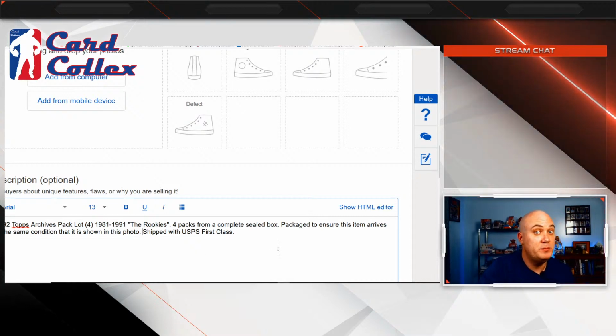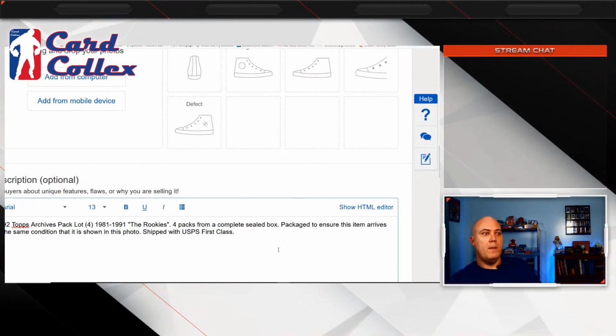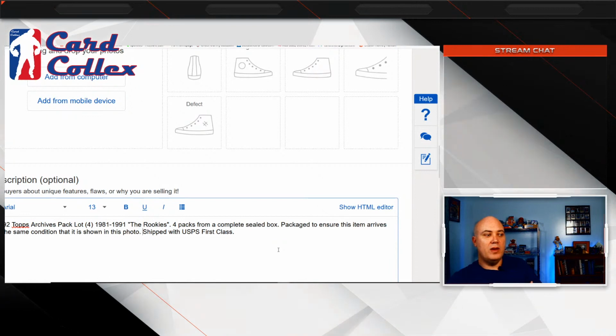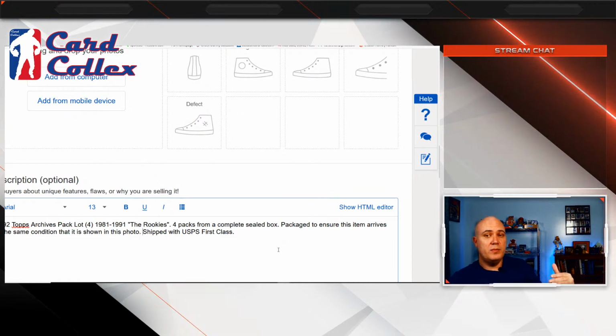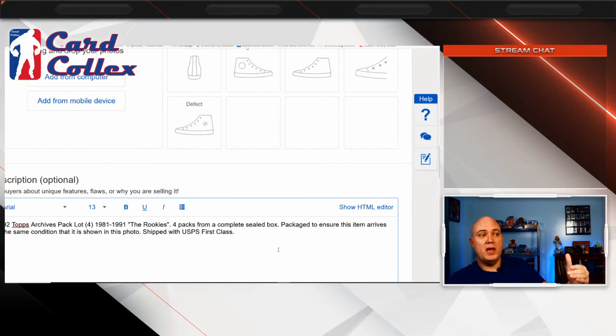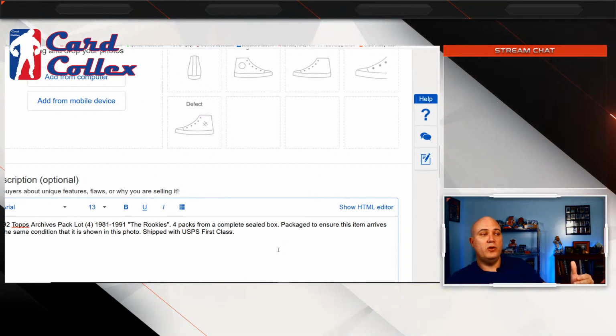That's a huge thing, especially with collectibles. Whether it's cards or comics or whatever, I pride myself on packaging and shipping. I want to make sure whatever it is, I'm taking the time and the care to make sure that it shows up and it's not damaged. Whatever happens with UPS, whatever happens with FedEx or whoever, I'm going to package that product in a way so that it's going to arrive in the same condition that it leaves here in.